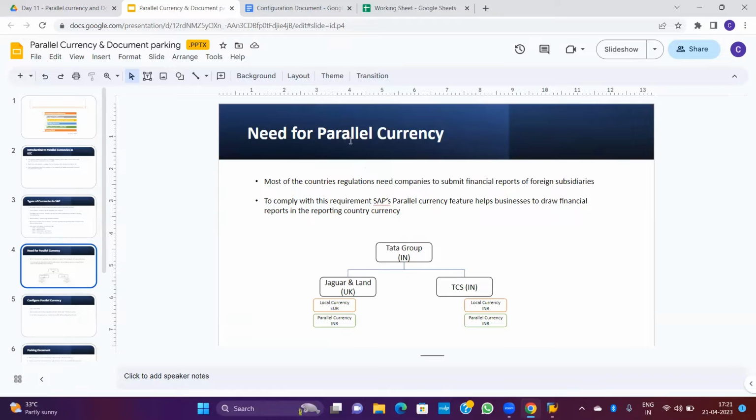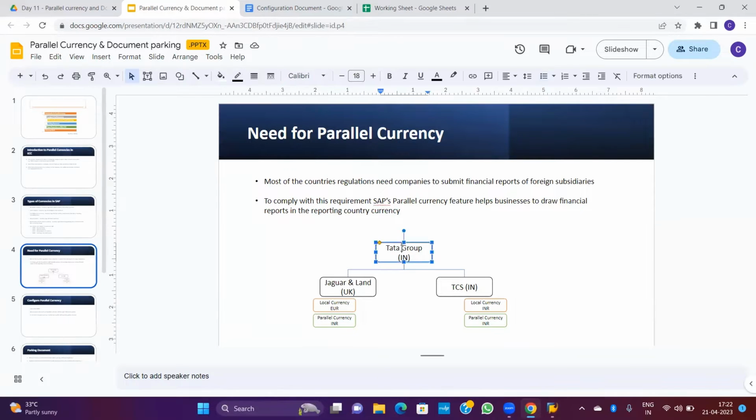Okay, so now what we'll do, we'll check. Here, for the need for parallel currency, we have taken one example. What is the need for parallel currency? Most countries' regulations require companies to submit financial reports of foreign subsidiaries. So let's say Tata Group is our one group company, which is